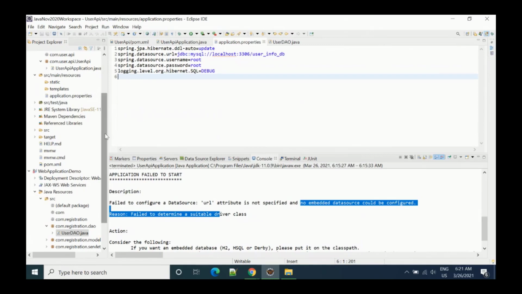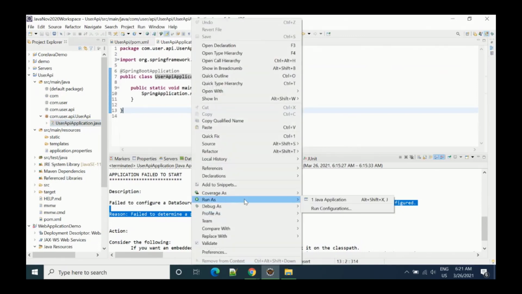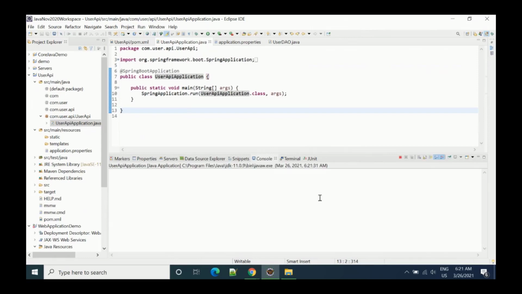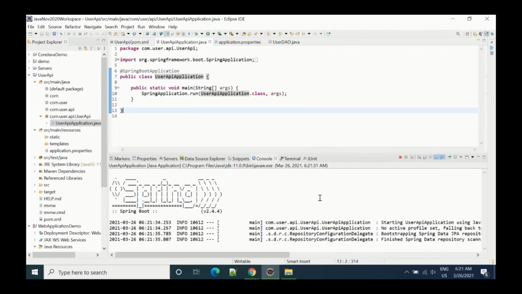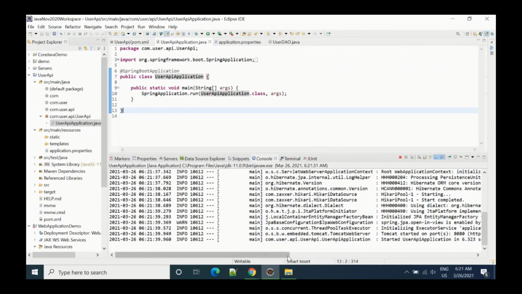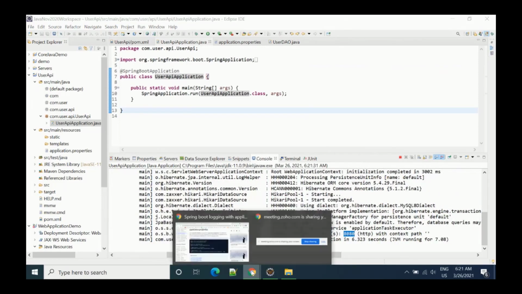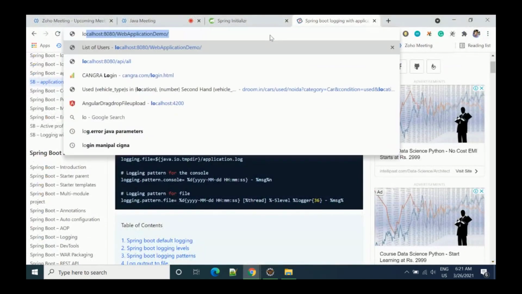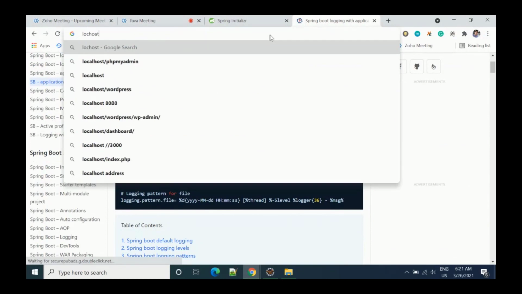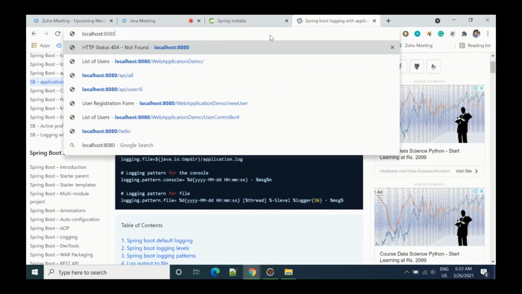Next step is, let's try to run this application again, and we'll see if it is working or not. Okay, so after that, here you can see this is running mode. The application is in running mode, and by default Tomcat started on port 8080. So if I go to the web page and write localhost colon 8080, enter.